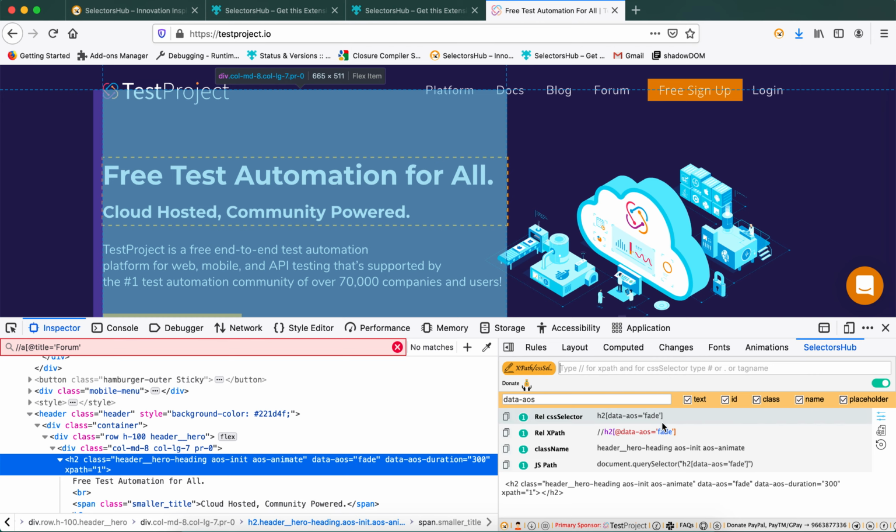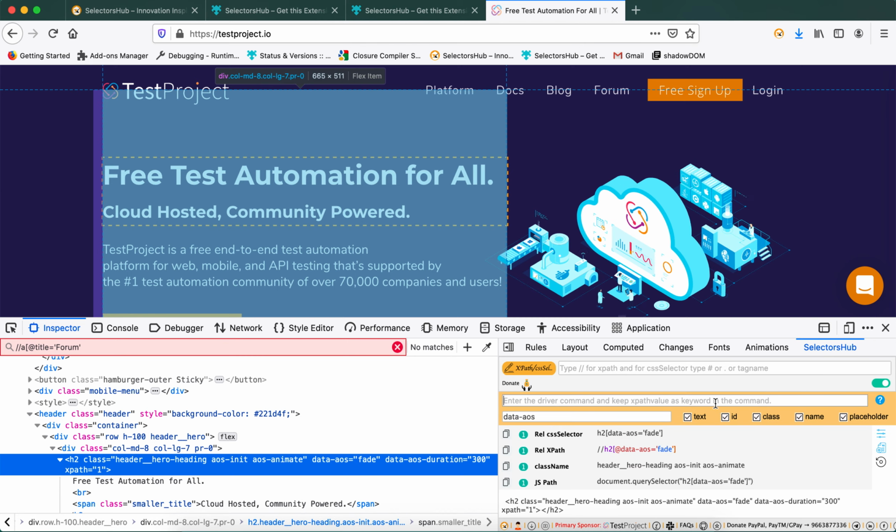Then many times we feel that okay, we have got the XPath, but you want to get the XPath with the command as well. Yes, that feature is here. You just turn it on, and here you write, let's say, driver.findElement, and you don't want to type that command each and every time, and here By.xpath something. I mean, most of you have this command written as a wrapper on this.